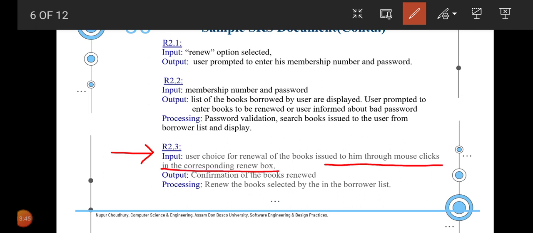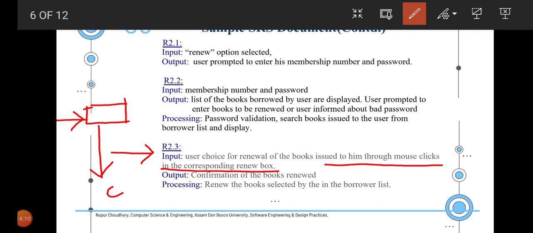So there will be a box which is known as the renew box, and here we have to give an input that is a click or a choice made by clicking into that renewal box, and output will be the confirmation that you can renew those books.